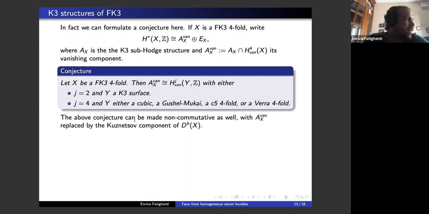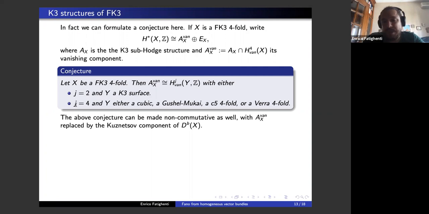In some sense, this means that even with our very loose definition of K3 substructure and Fano varieties of K3 type, we don't find anything too exotic, at least in the realm of fourfolds. And we can, of course, take this conjecture and make it non-commutative. If we make it non-commutative, this very convoluted vanishing component of the Hodge structure of the K3 substructure has to be replaced by the Kuznetsov component of the derived category of X. But we didn't want to state this conjecture in a non-commutative way,